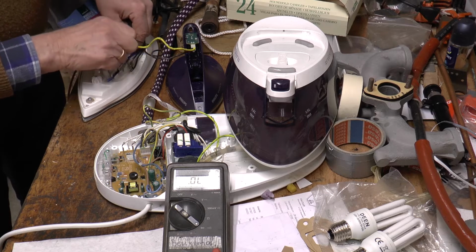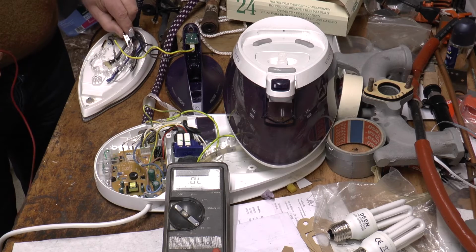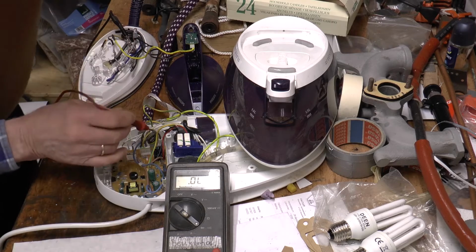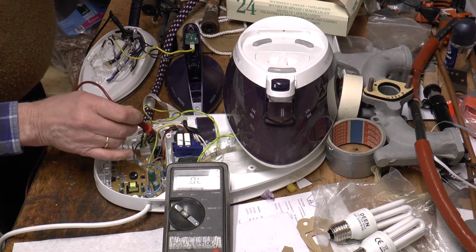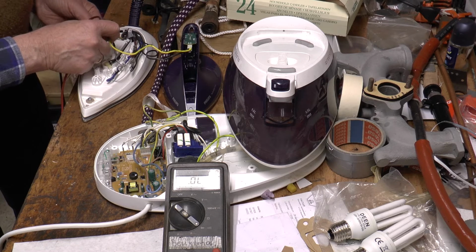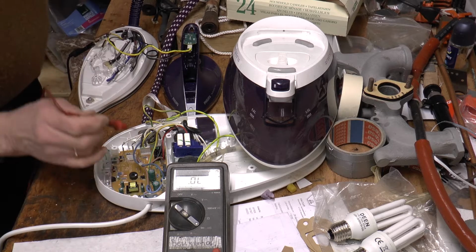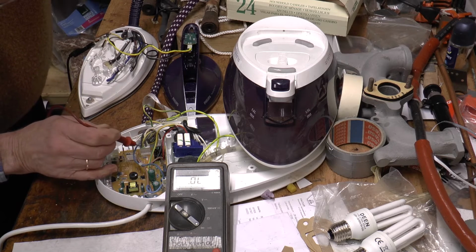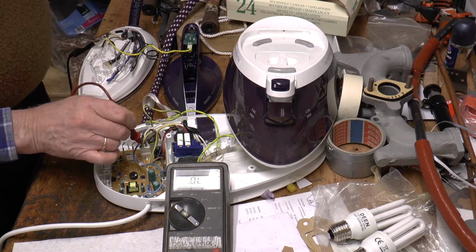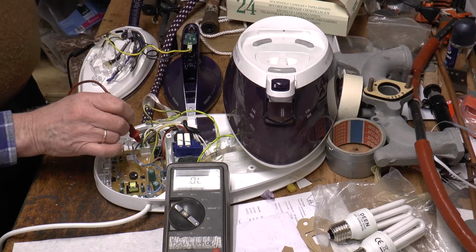And then finally do the same to the brown wire. Just pick up the brown one. The brown one is here, and the brown wire is supposed to be here. Okay, that's okay. And then finally I pick up the yellow one, and I look for the other end of the yellow wire here, and here nothing happens. So in other words, this is an open connection, which means that there is a rupture in the yellow wire somewhere